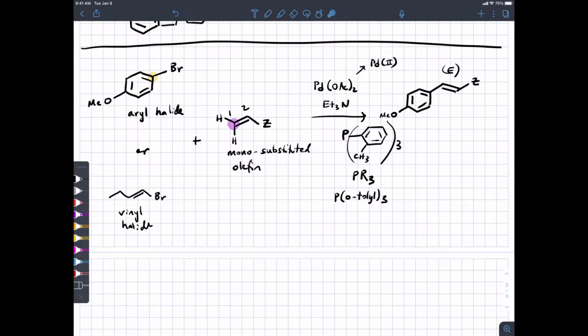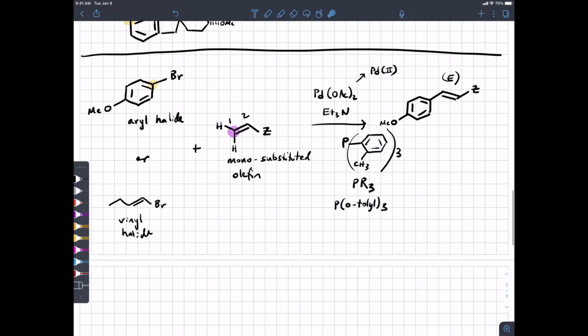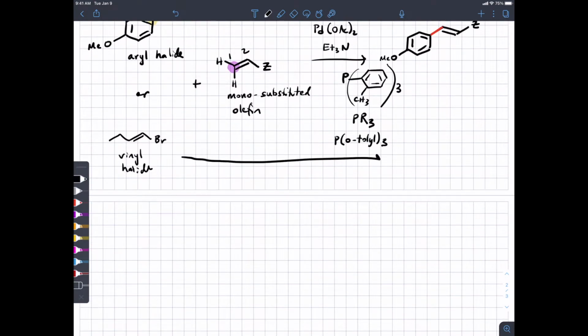In the Suzuki reaction, if you wanted to couple a vinyl carbon, you needed a boronic ester. But for the Heck reaction, one of your reactive partners can be this monosubstituted olefin, no boron necessary. So perhaps it's a little bit easier to access these materials than the boronic esters. The new bond that you make is this one, and the stereochemistry is trans. So if we were to do this for the vinyl halide, we would get,